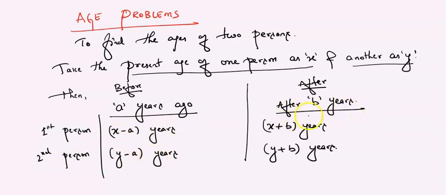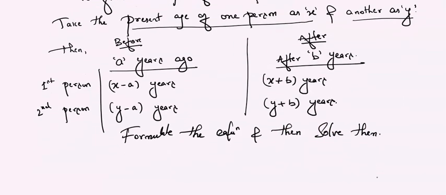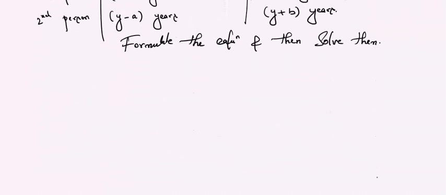And after b years, the first person's age is x plus b years and the second person's age is y plus b years. And then what should you do? You have to formulate the equation by using this condition and then solve them using your appropriate method. So this is the procedure you have to use while solving age problems. Next, we are going to solve problems based on,